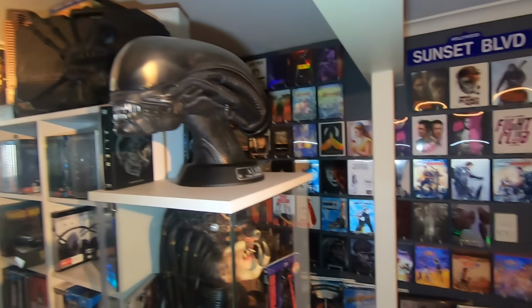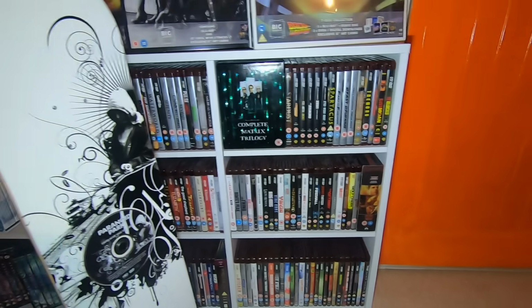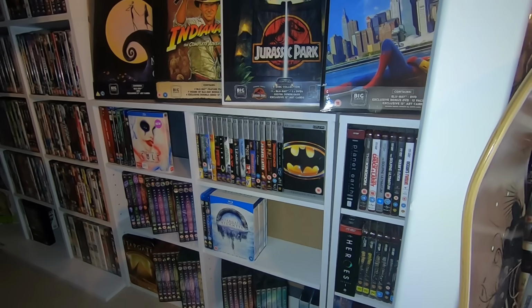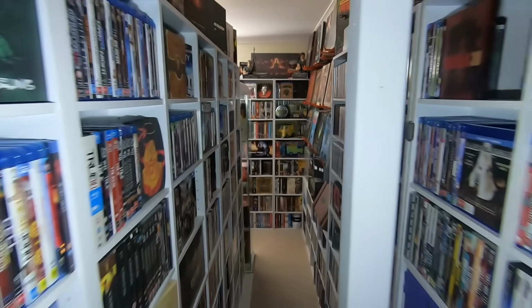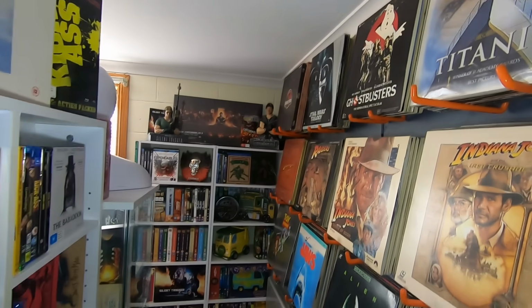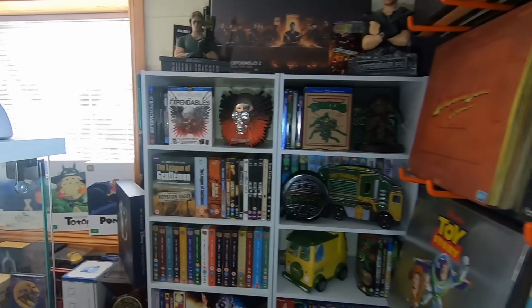So there's also quite a few other formats that I've collected over the years that they no longer manufacture, such as got the HD DVDs down on this section here, and then next to them I've got just a handful of UMD discs for the old Sony PSP. And then if we just go further down here towards the back is where I keep all of my laser discs that I've collected. So yeah, spinning around here,